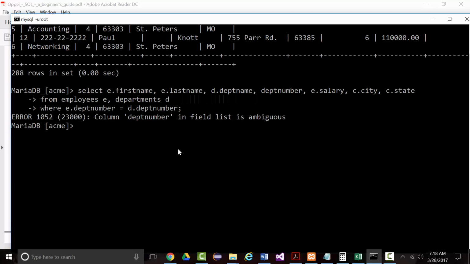All right, and the keyword there is ambiguous. The system doesn't know for department number, do I want to grab it from the employees table or do I want to grab it from the departments table? The good news for us is it doesn't matter which one we use as long as we use one of them. So if I come in here and I say E dot,